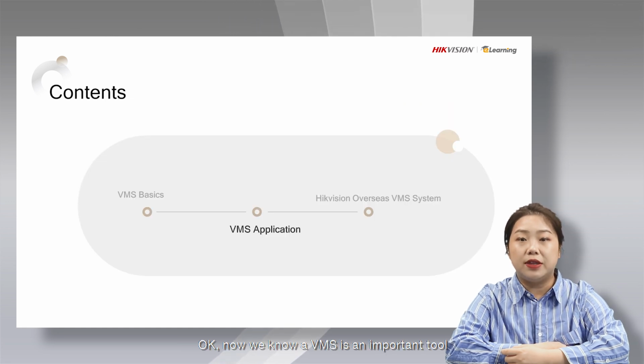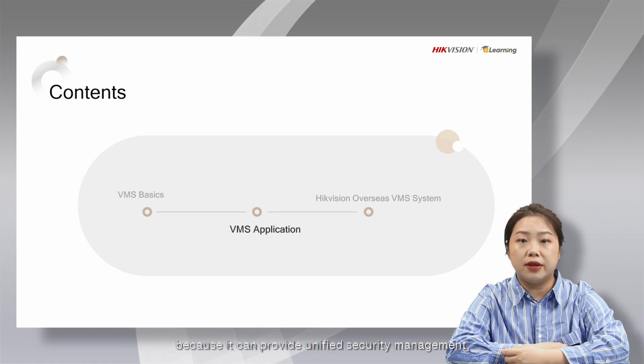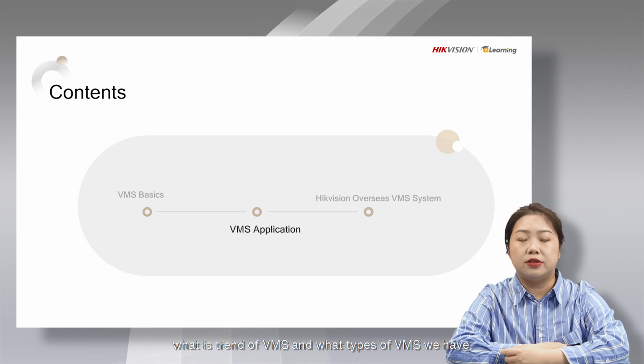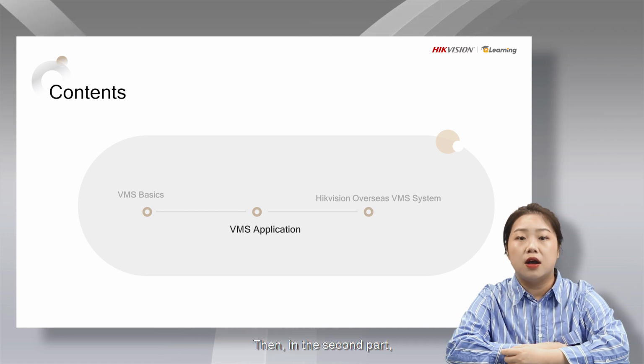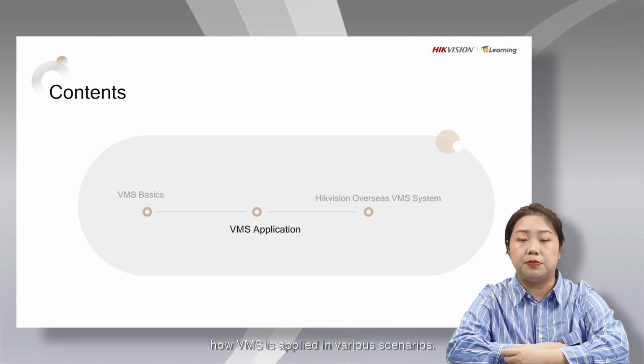Okay, now we know a VMS is an important tool to have in a security system nowadays, because it can provide unified security management, as well as how VMS has been developed, what the trend of VMS is, and what types of VMS we have. Then in the second part, we will talk about VMS application, how VMS is applied in